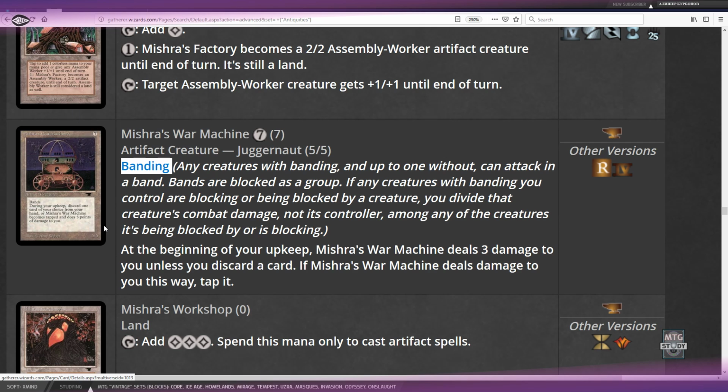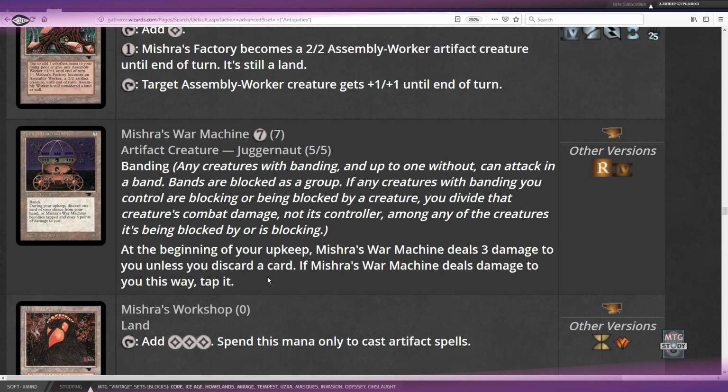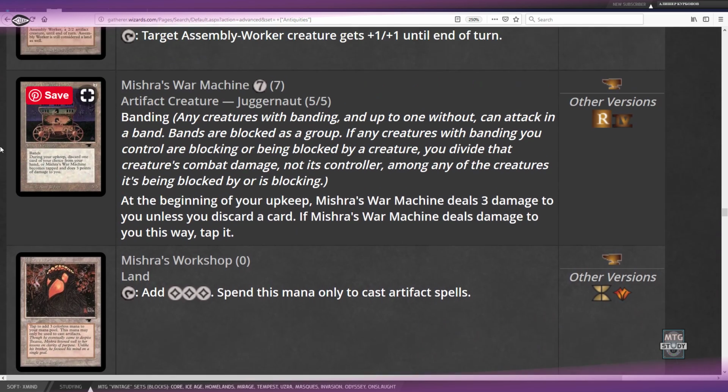Besides, it costs 7 and it's 5/5, and it basically gives you a lot of headache at the beginning of your upkeep. Because of the bending, it basically makes it quite fine. I mean, it's not that bad of a card. Still, it's quite interesting. So again, when creating your own cards, you have to think about the fact that in most cases,